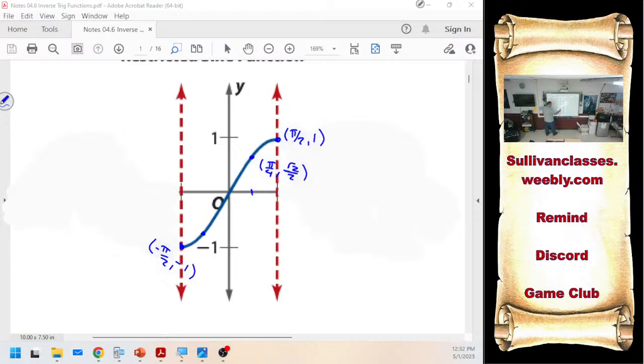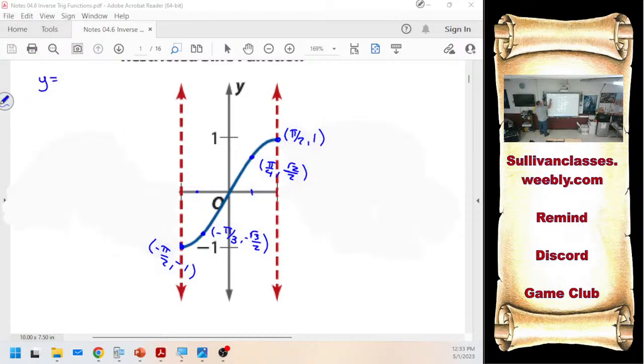Okay, this is at negative pi over 3 and negative square root of 3 over 2. Like all of those values are still on here. But if I'm not allowed to go past there,